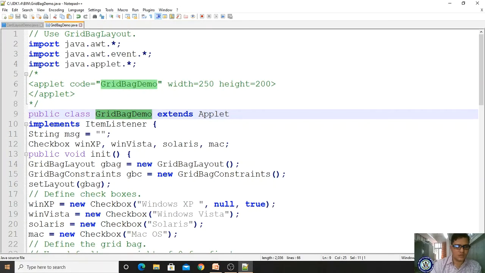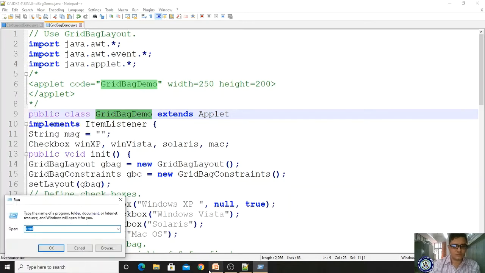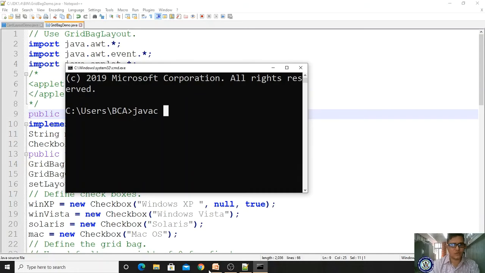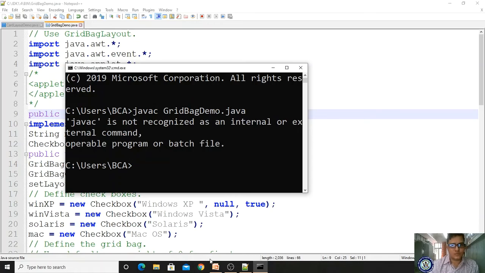Okay, and now come here and alt enter java c, what is the name of the file? Grid bag layout, right? Grid bag demo, grid bag demo.java, java c grid bag demo, correct?